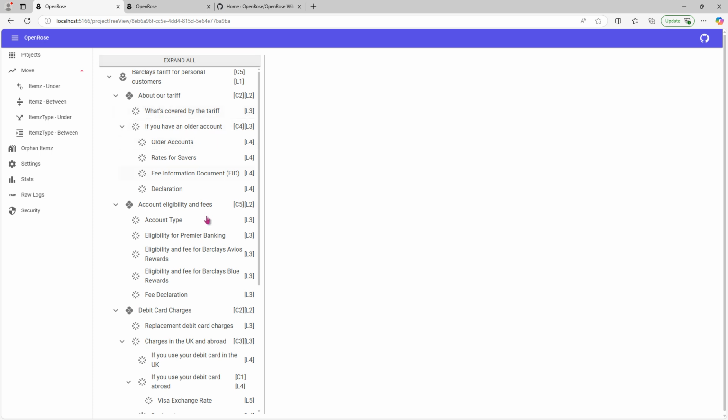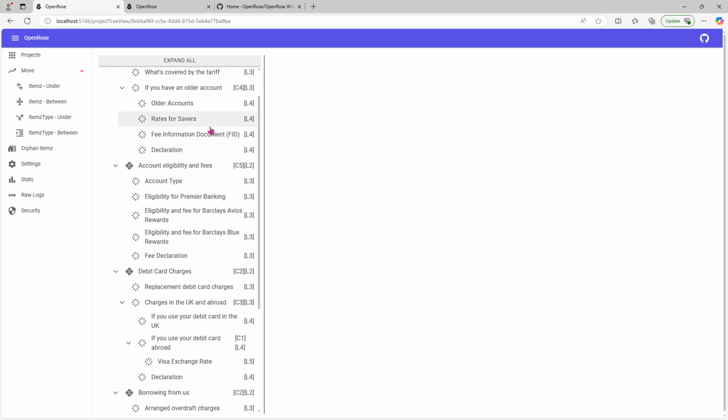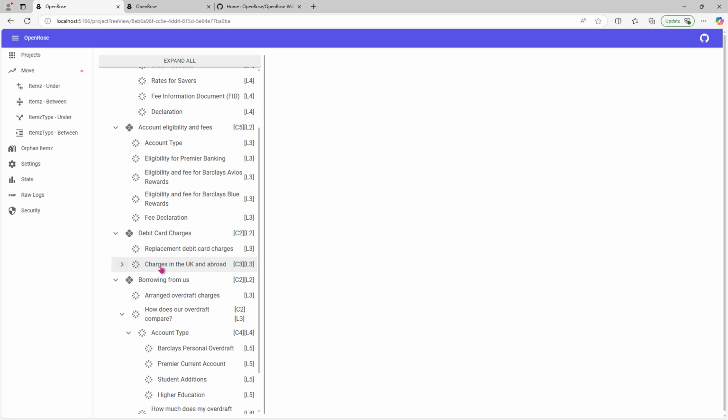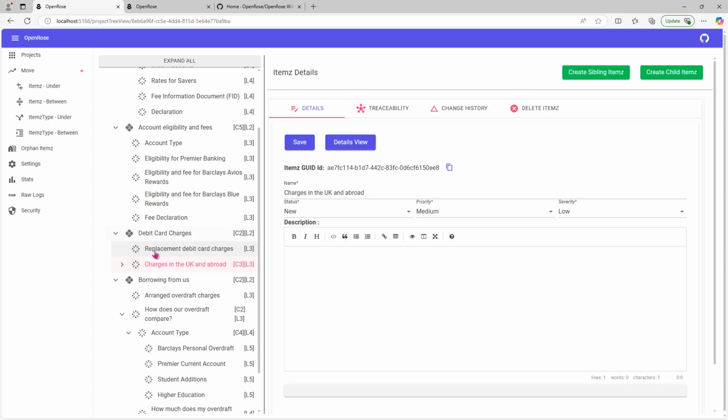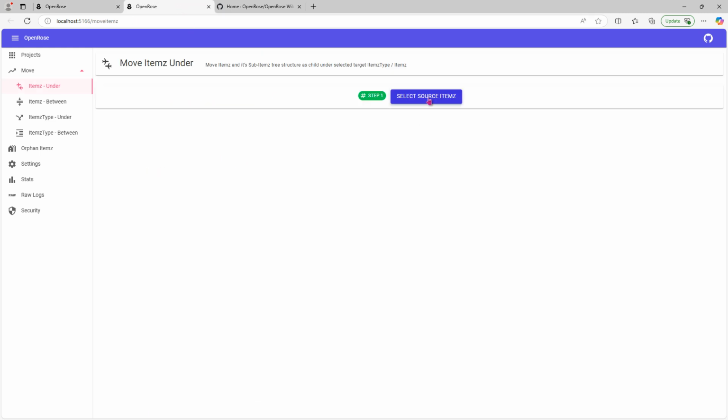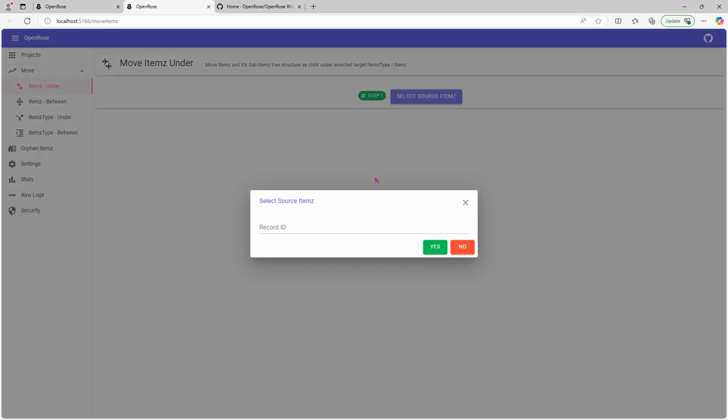The second option is to move the entire hierarchy. So I can select, let's say, this item, which is currently at the bottom of the list of debit card charges, and this is charges in the UK and abroad, and it has got some nice structure in it. So let's take this parent item along with all its child items. I'm just selecting the ID of the parent item, and I want to move that item